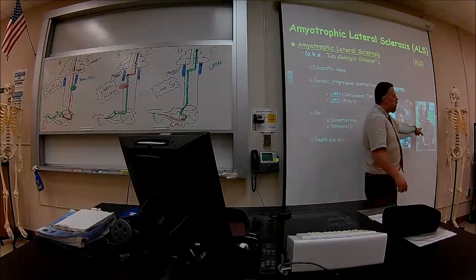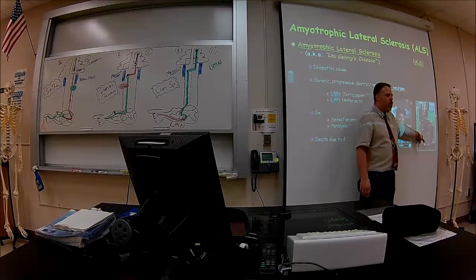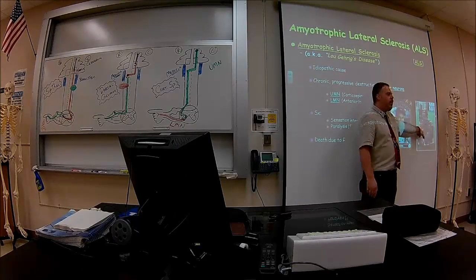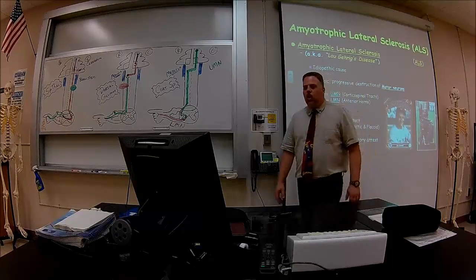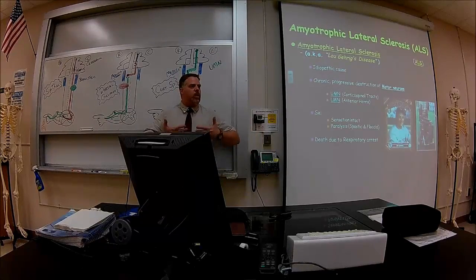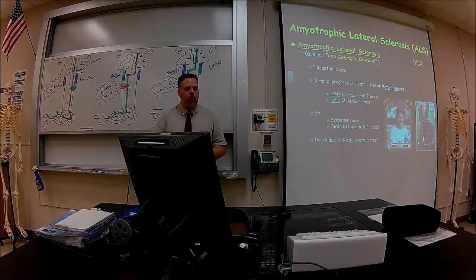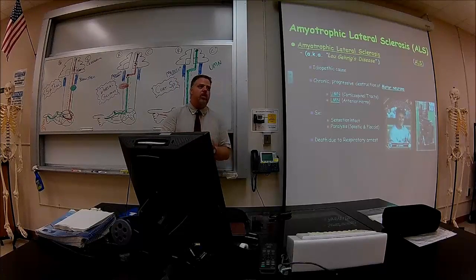Who's this guy over here? The Einstein of today, right? What is it? Hawking, right? Stephen Hawking, right? And this is Lou Gehrig in his better days. So what happens is death usually happens due to respiratory arrest, when the diaphragm is just not working anymore. So they're going to have paralysis both spastic, because of upper motor neuron, and flaccid, which is going to be lower motor neuron.